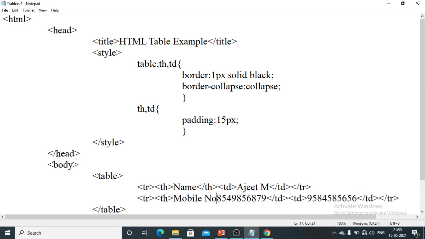So here I will give the attribute as rowspan, and I will give the value as 2. I want to divide it as 2, because my friend Ajit has 2 mobile numbers, right? Okay, fine. So here I will close the th.